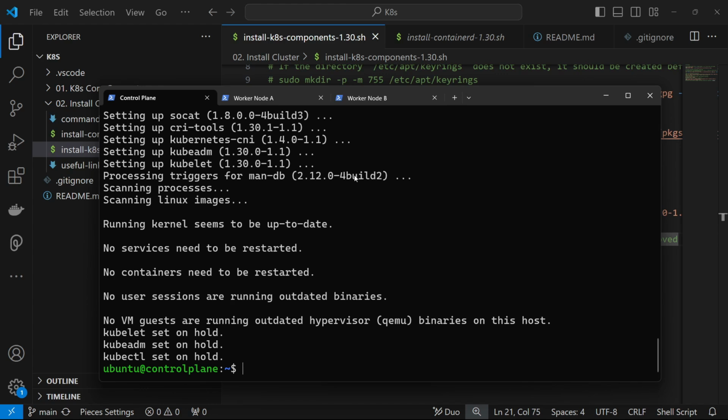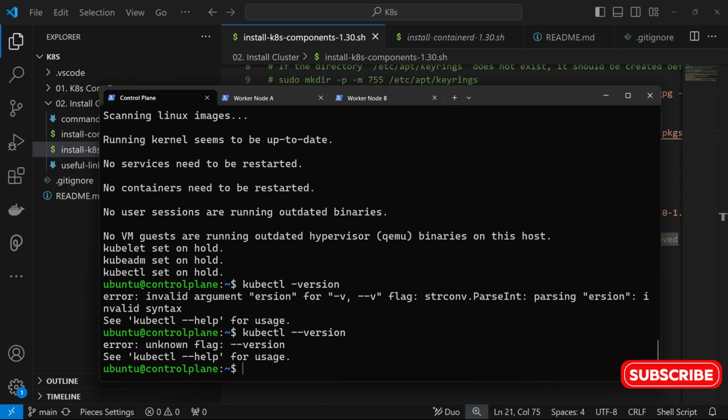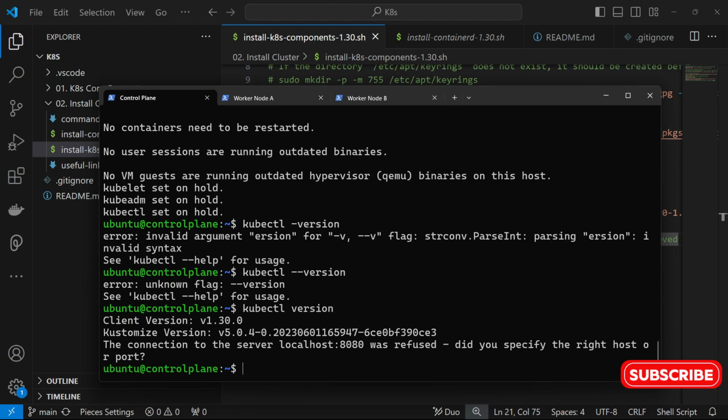Now that we have done this, what is the next thing we need to do? So here we can say kubectl. If we do kubectl --version or something, let's check that. Right now that is invalid, so let's do a double hyphen right there. Okay, it's not seeing it, so it might just be kubectl version. And then you can see it here. It says the connection to the server localhost was refused. Did you specify the right host or port? We're going to fix that later on, right? But we can see the client version is